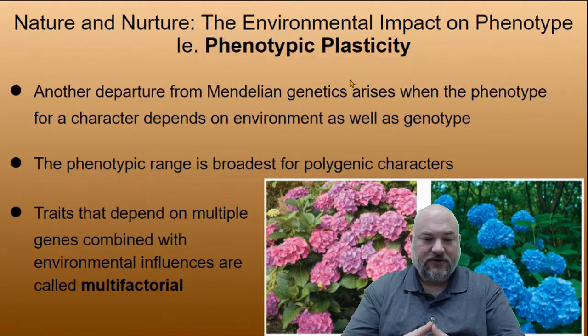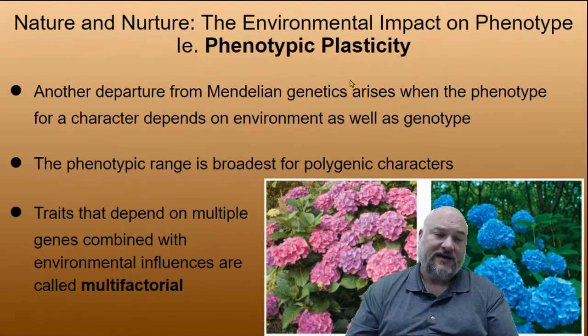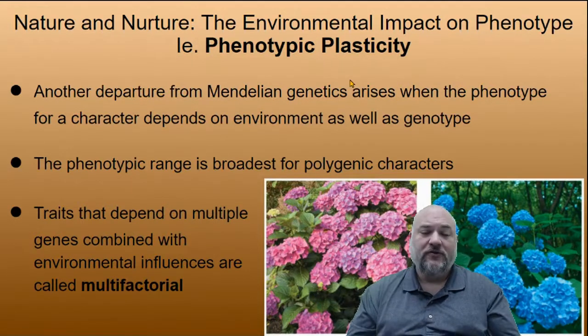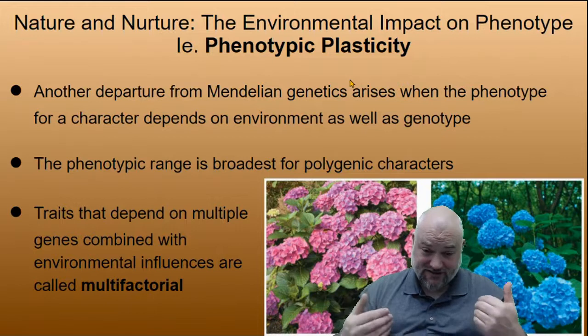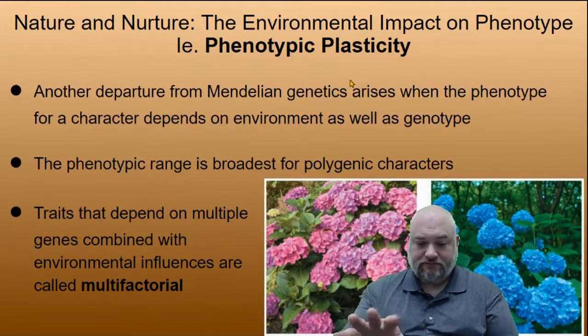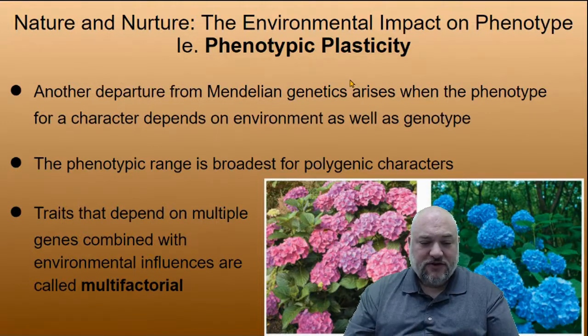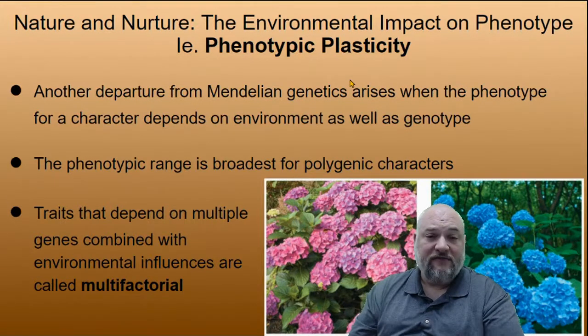Okay? So the phenotypic range is broadest for polygenic characters. Polygenic, remember, are characters where you have many genes that affect it, like skin color, right? You have multiple genes that affect your skin tone, which is why we have such a broad array of skin tone. Though that's a bad example for this because that's really not environmentally dependent. But generally speaking, that is the case. Traits that depend on multiple genes combined with environmental influence are called multifactorial, meaning there's many factors that can affect